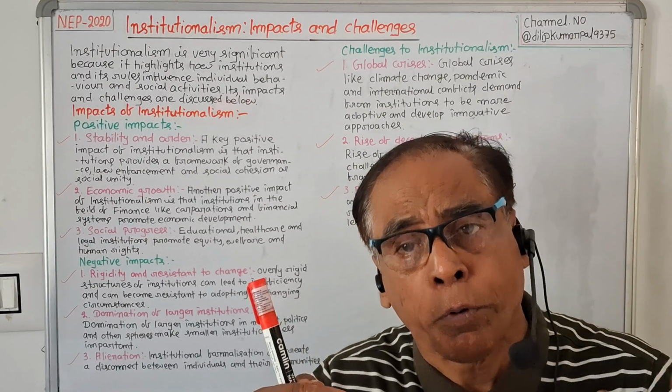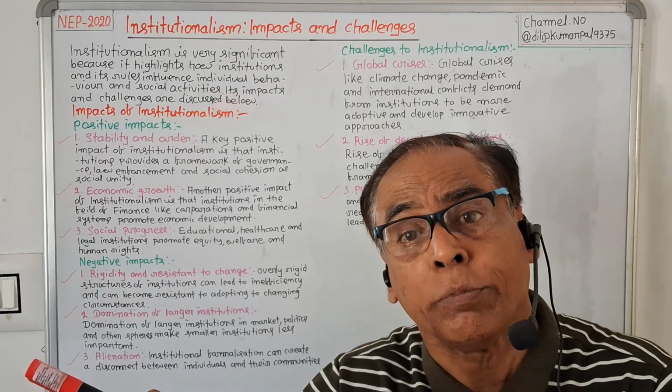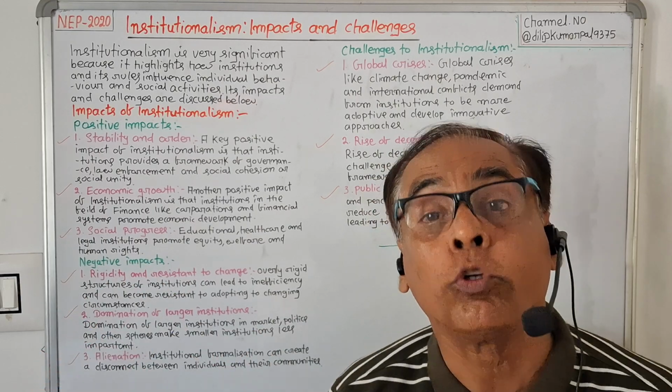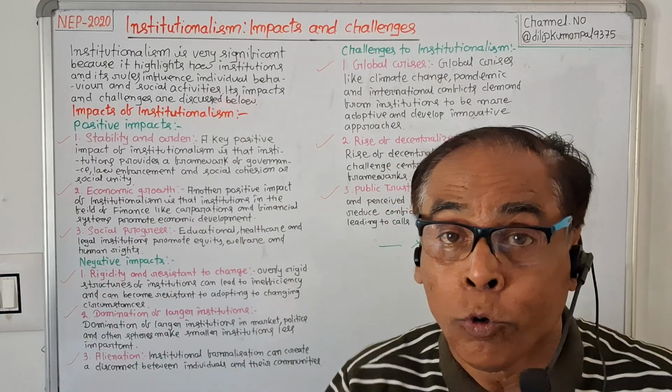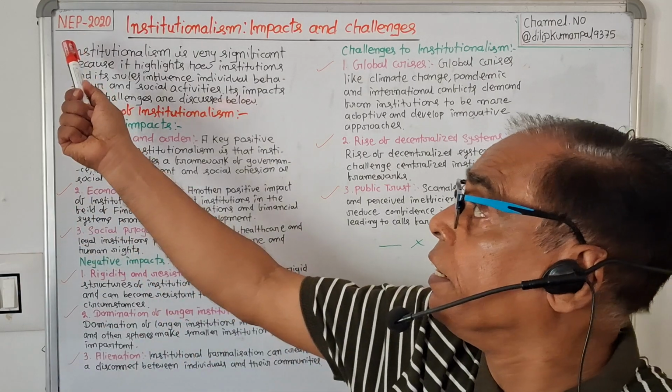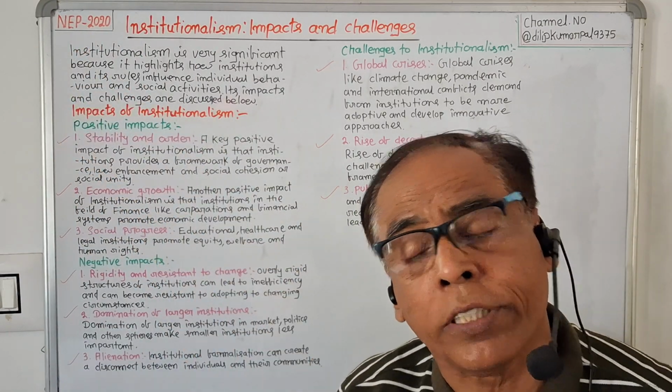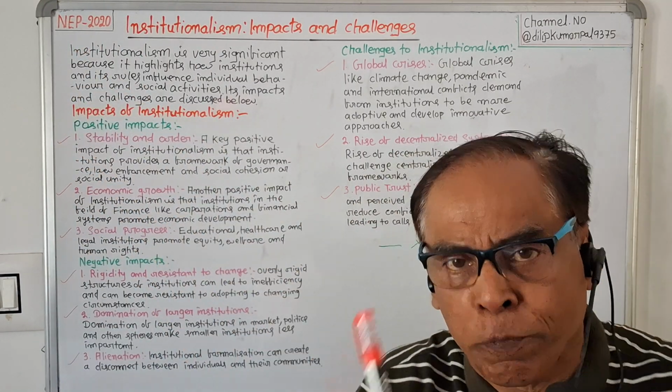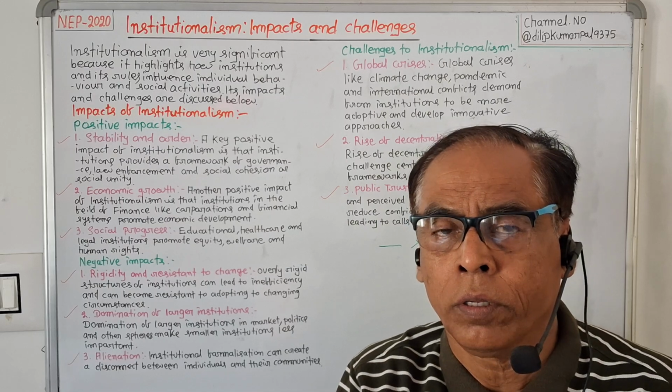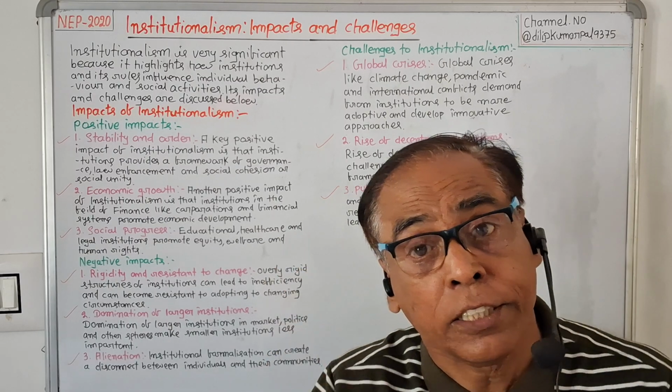It is found in +3, second semester, core paper number 4, which is comparative government, on the basis of National Education Policy 2020. But before I discuss impacts of institutionalism